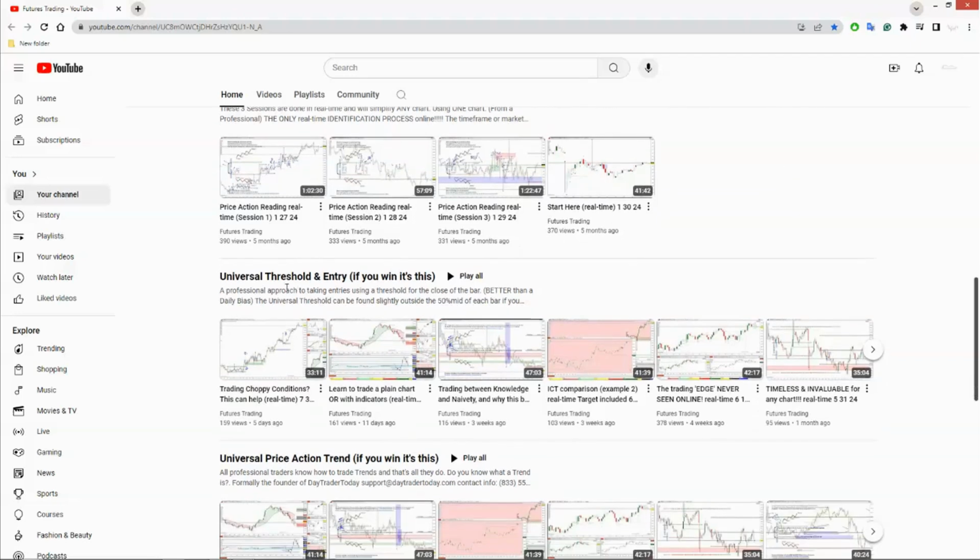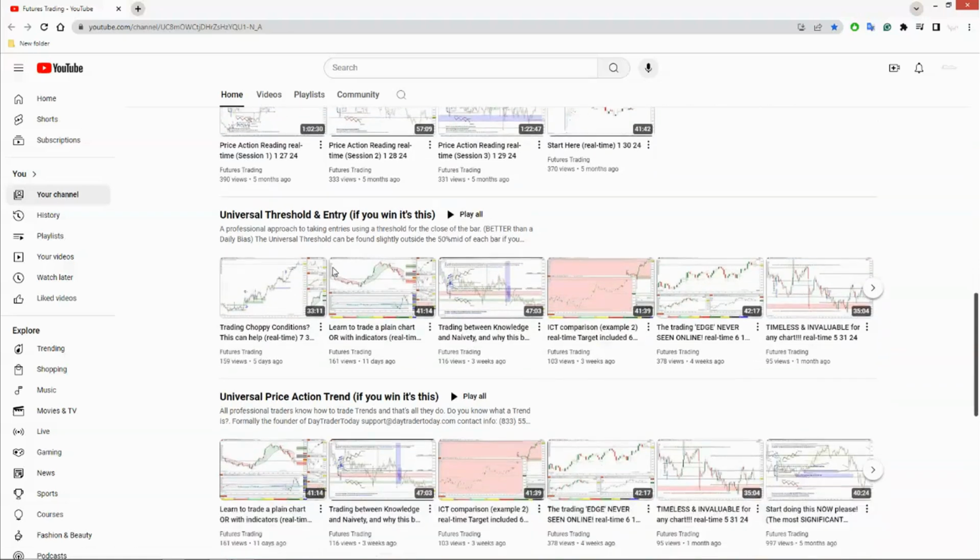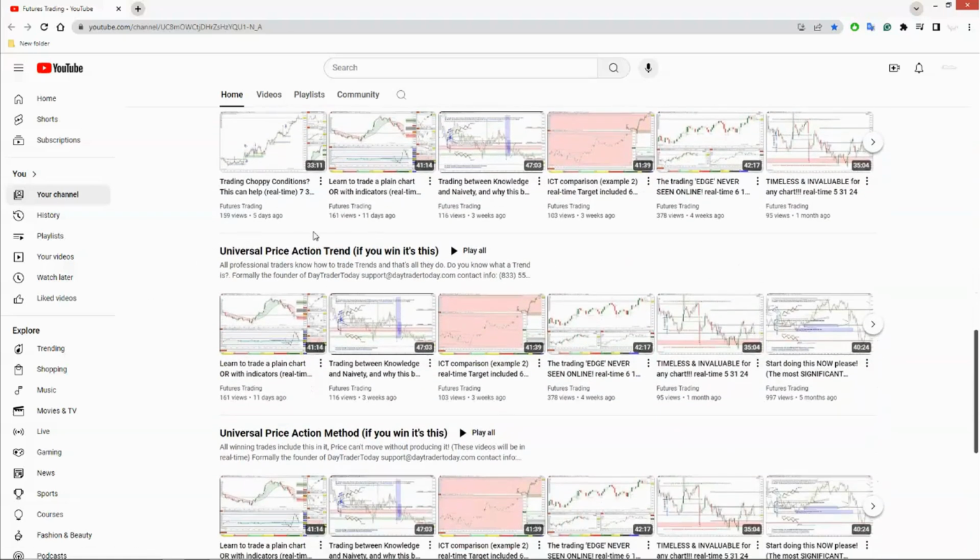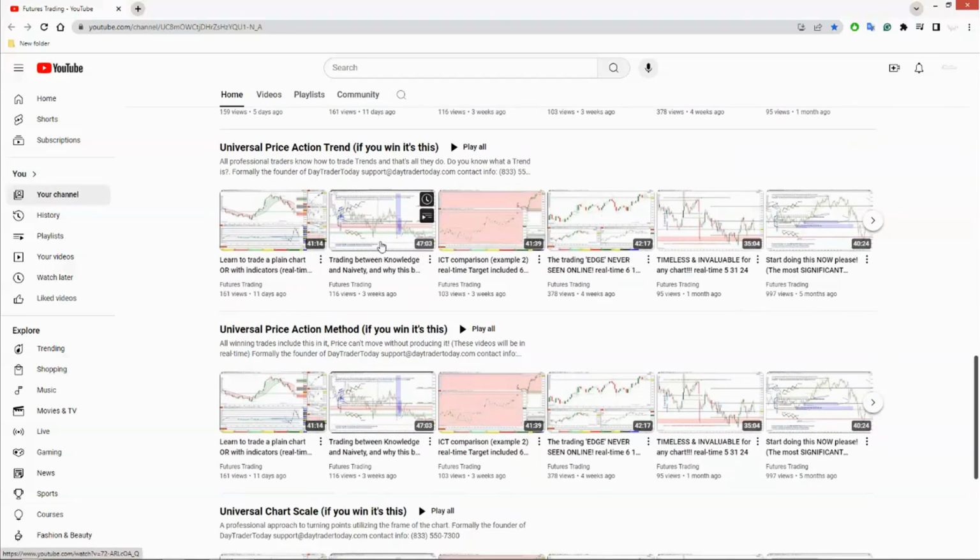All right, so universal threshold. This is how far the bar will pull back and then resume. The universal price action trend. If you don't believe me, I'm going to try to go over trend today, but there's a trend in here, and there were no prior structure breaks, and they went up. And so I count the bars. I don't require that there be any kind of structure breaks, because the market develops trends within one bar. Okay, so you really need to know what that looks like, and I'll show you.